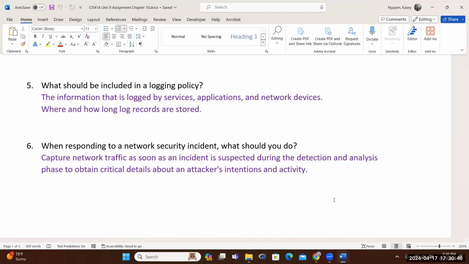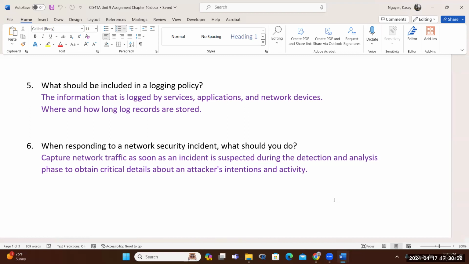So as soon as you get that alert, you need to create a capture. We can use Wireshark for that. You can use Network Miner. Network Miner is really good for investigation, but Wireshark is probably decent because it gives you the visualization of who's